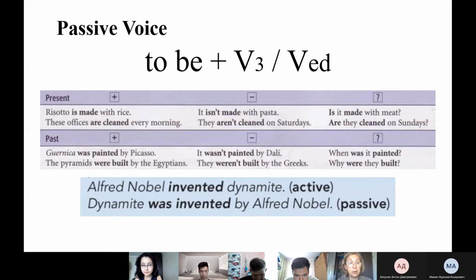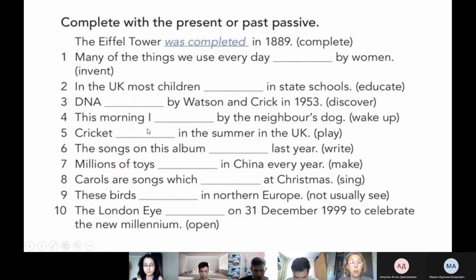Нет, еще не хватает у нас глагола to be. Вот смотрите, в табличке вот у нас Герника was painted. Вот у нас глагола to be в прошедшем времени не хватает. I was woken up by the neighbor's dog. То есть вот в чем разница, да, между active voice и passive voice. Обязательно нужно еще использовать глагол to be. Я был разбужен. Здесь, я думаю, проблем не должно быть, поскольку по-русски мы тоже говорим я разбудил или я был разбужен. Разные вещи, да? Okay, so the next is for Rodion.